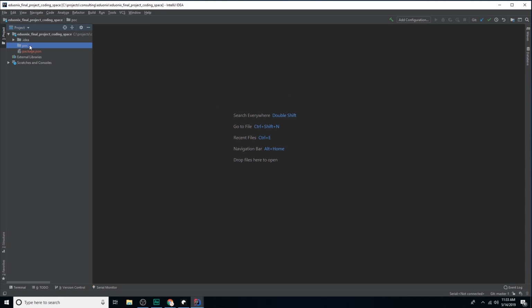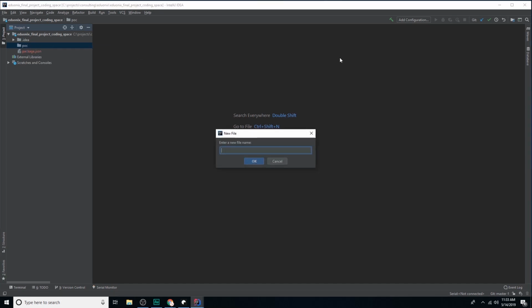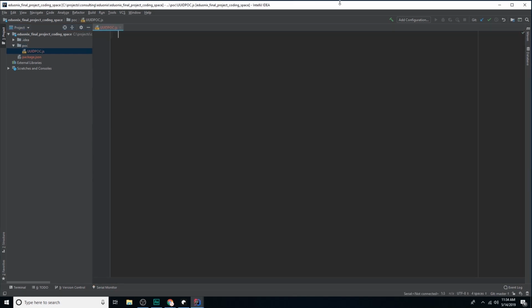So the first thing I'm going to do is create a new POC class. And this POC is going to be focused around creating UUIDs. So the reason we're going to need these is everything that's going to go into our Dynamo database is going to require a UUID. We saw that in the last video because we created a table called test, which is going to require that UUID. And then we're going to be adding other data past that, but we'll focus on the UUID POC.js for now. Now, normally what you would do, you would type